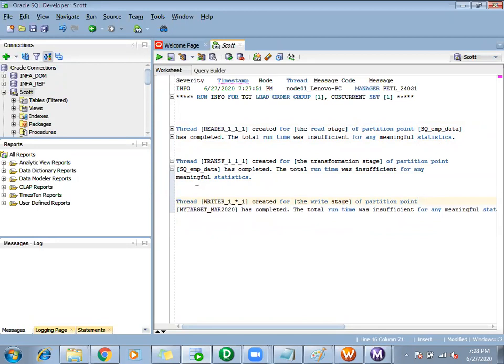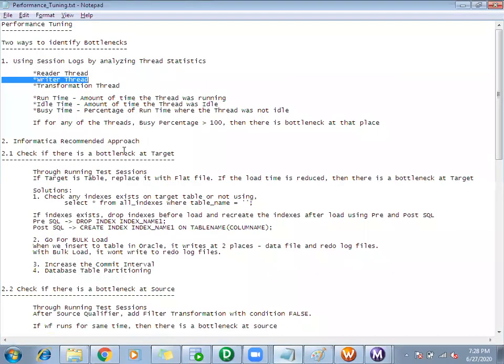So whenever you run your workflow, you get three threads: reader, transformation, and writer thread. We can get these thread statistics. What are those statistics? We can get the runtime of the thread. What is runtime? Amount of time the thread was running. That time I can get.